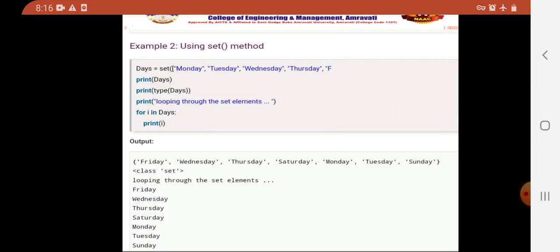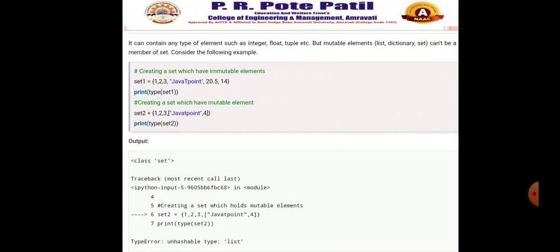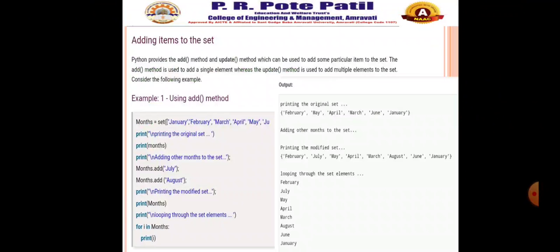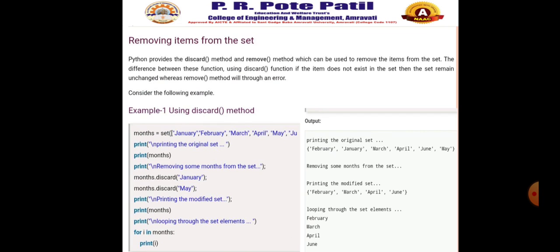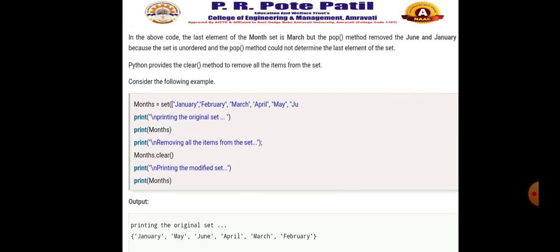Then after that we studied the concept of adding items to the set. Use the add method and the update method. Using the add method you can add only a single element, and using the update function we can add multiple elements to the set. Then removing items from the set: discard and remove are the two functions, and again clear.